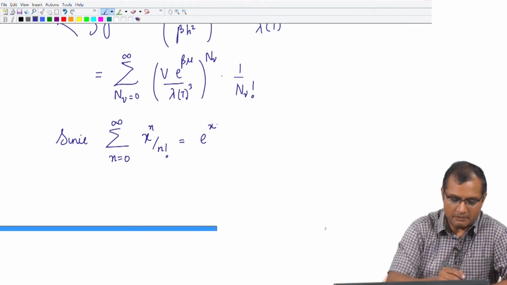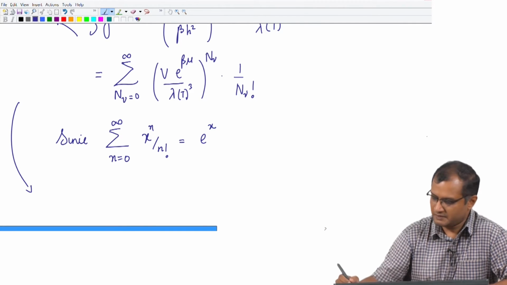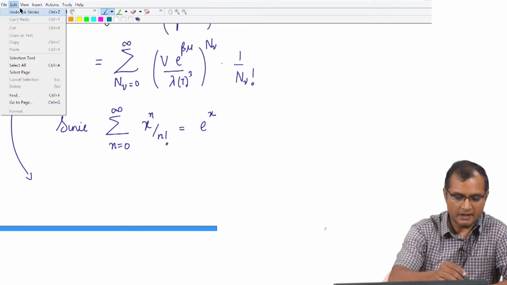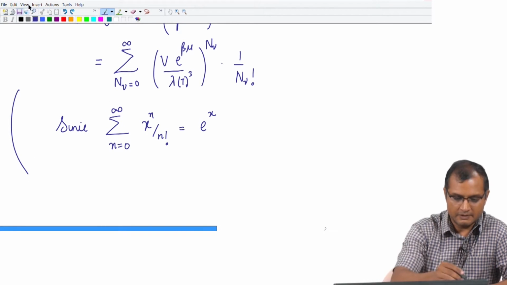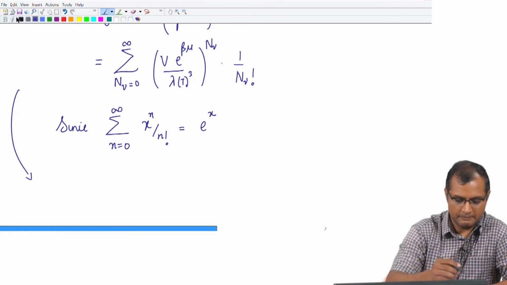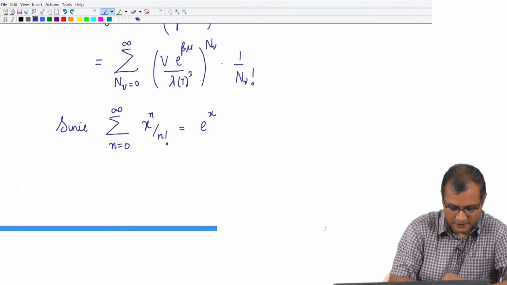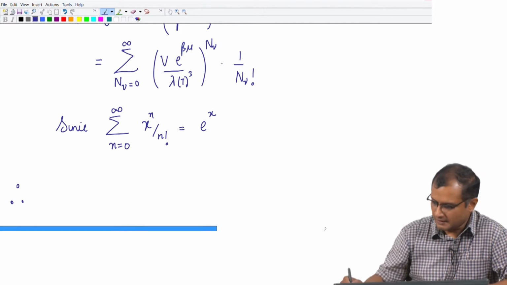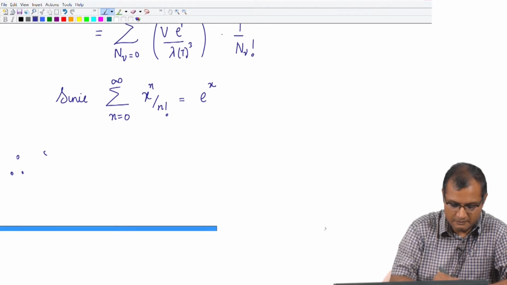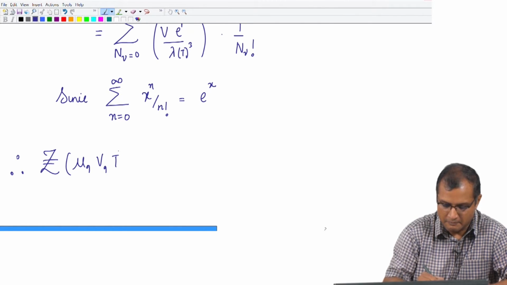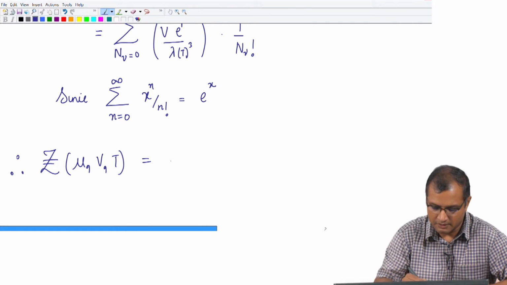So, I can write down my partition function, or I can write down my grand canonical partition function as nothing but e to the power